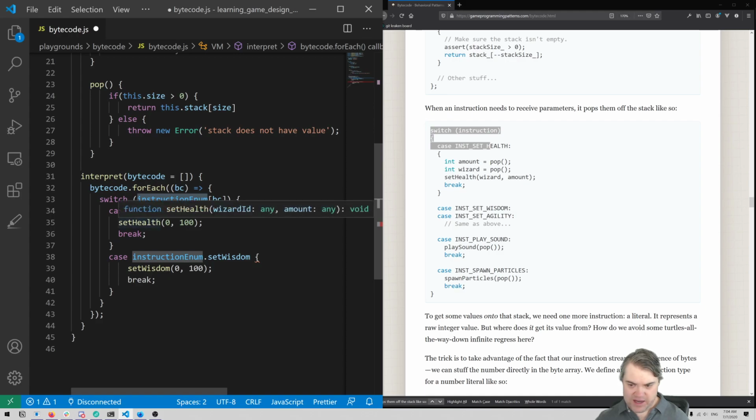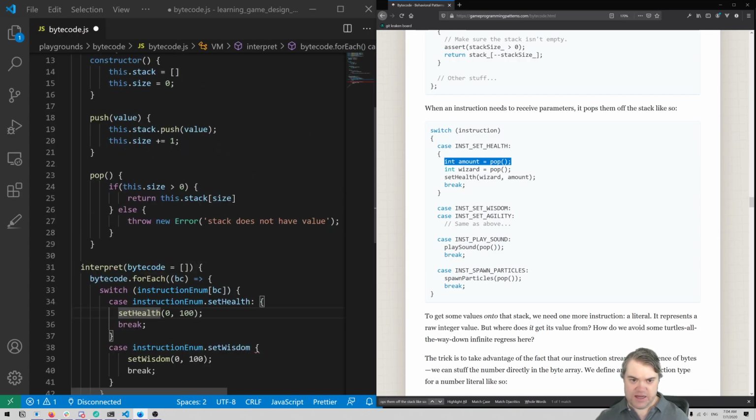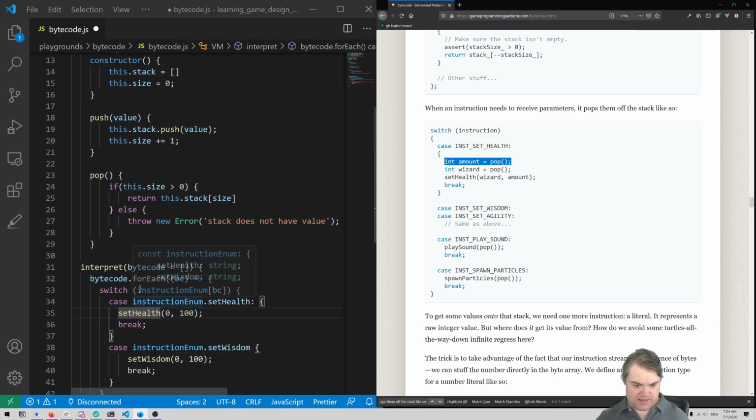So, okay, if we have something like set health, we need to pop off the stack information. Theoretically, we pushed a value on, and now we want to pop it off. So in amount